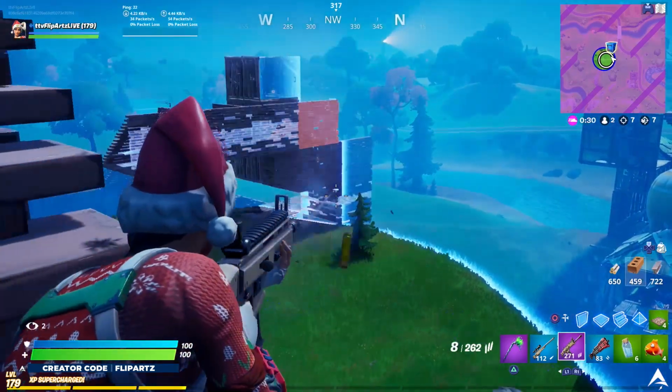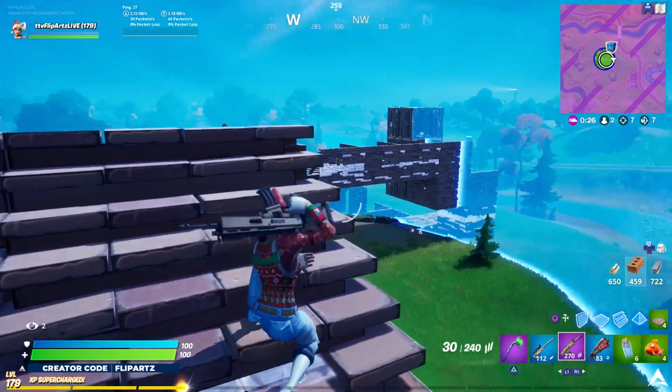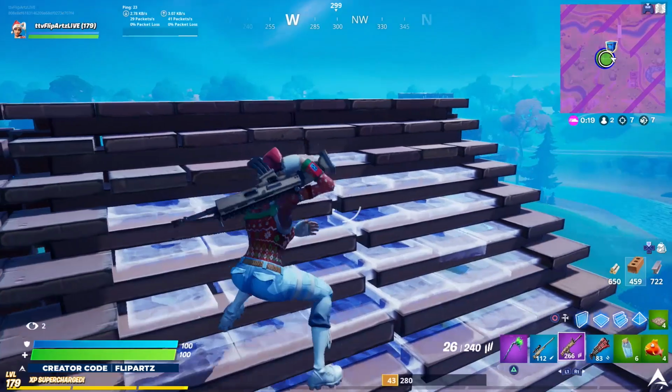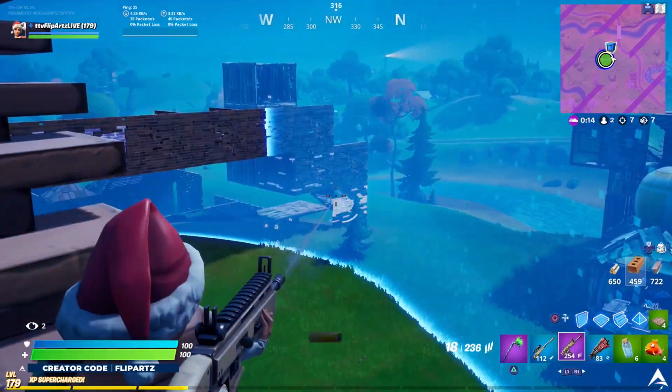Now moving on to our 9th mission here, it's going to be to harvest wood within 60 seconds after landing from the battle bus in a single match. To complete this mission, you have to harvest 300 wood within 60 seconds after landing from the battle bus in a single match. So at first, when you guys think about it, this challenge might seem very difficult because